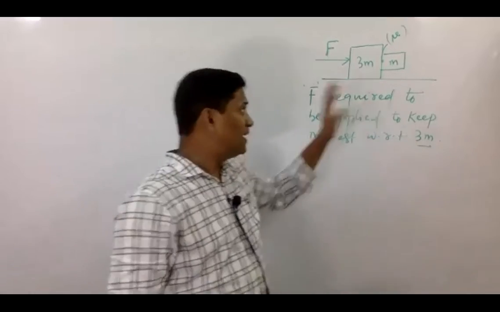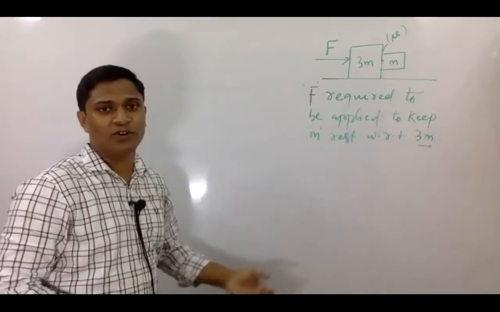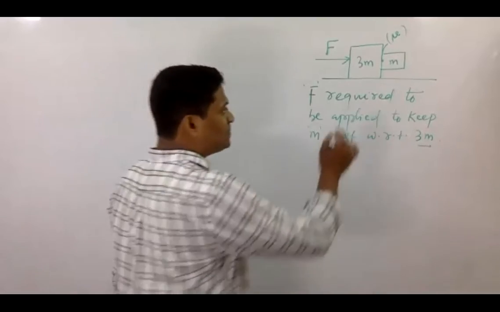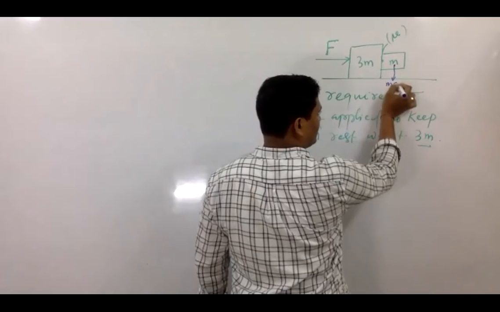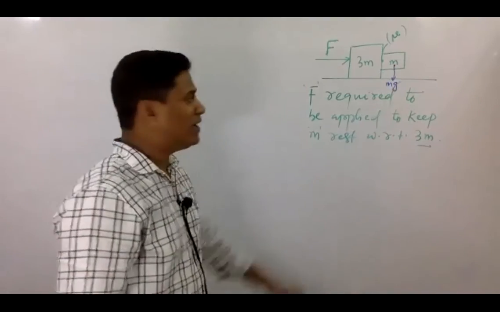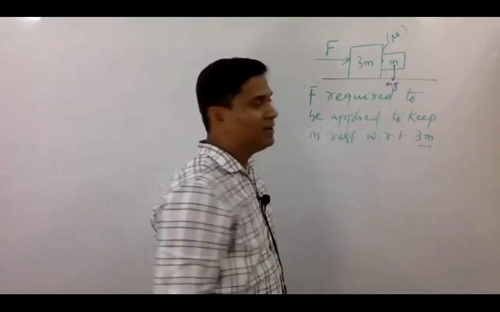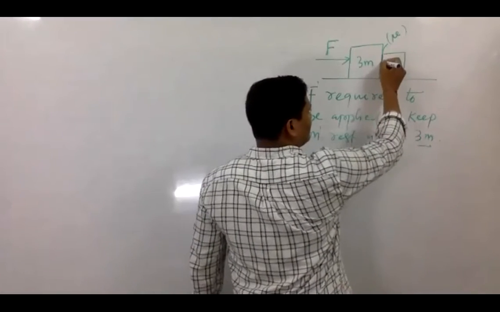ठीक है, तो पहले देख लेते हैं कि यहाँ पर कौन सा फोर्स कौन सी डायरेक्शन पे एक्ट कर रहा है, राइट? अगर मैं इस बॉडी की बात करूं, छोटा m की बात करूं, तो उसकी वेट जो है वो नीचे की तरफ एक्ट कर रहा है, राइट स्टूडेंट्स? अंडरस्टूड? सो द वेट ऑफ द स्मॉल बॉडी इज एक्टिंग वर्टिकली डाउनवर्ड, राइट? सो दिस इज द कॉन्टैक्ट, राइट?